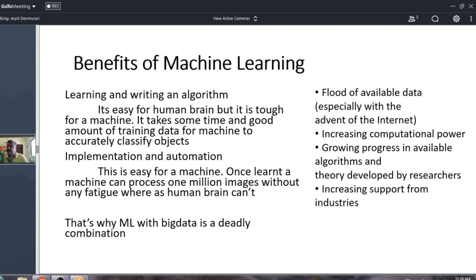Second, there is a huge increase in computation capacity. My first computer way back in 2000 was 500 megahertz with 32 MB of RAM and 5 GB of hard drive. And now my phone has 8 GB of RAM, an octa-core processor, and so on.